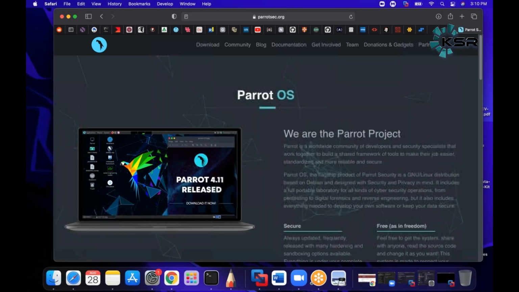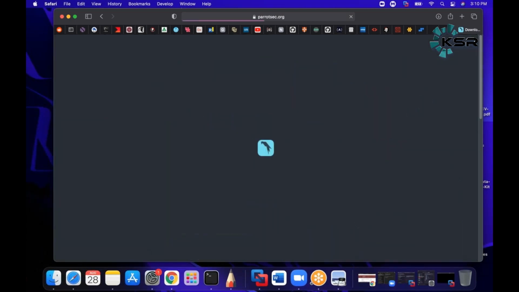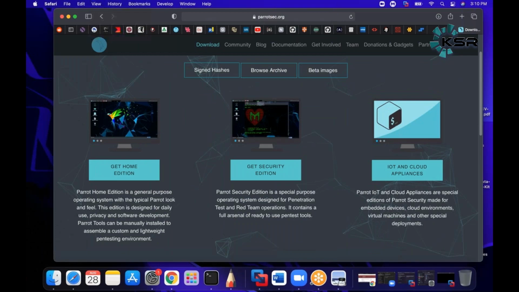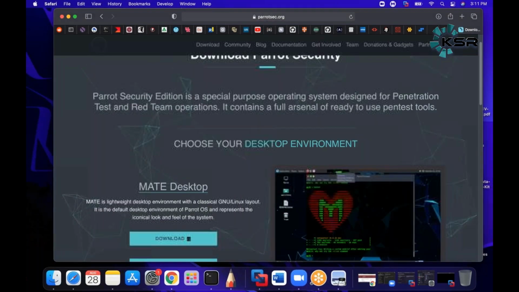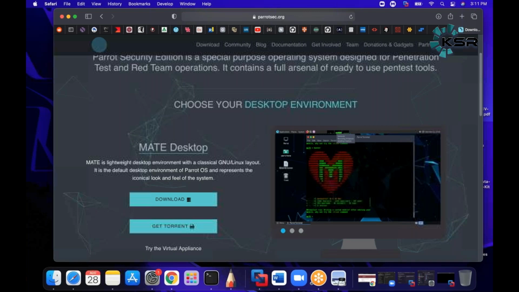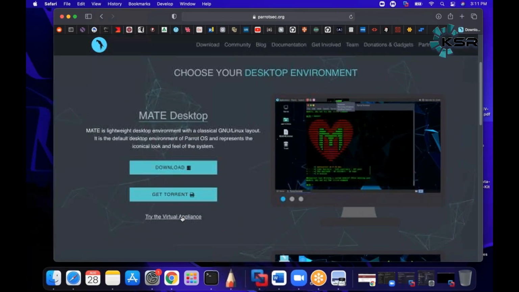Okay, so for those of you who are looking to enroll for this course, or even not enroll for this course, I would still suggest you to download the security edition and play around with this operating system by yourself. Okay, so if you are working with VMware, then you would download this desktop version. Otherwise, if you are working with VirtualBox, then you would download the virtual appliance.